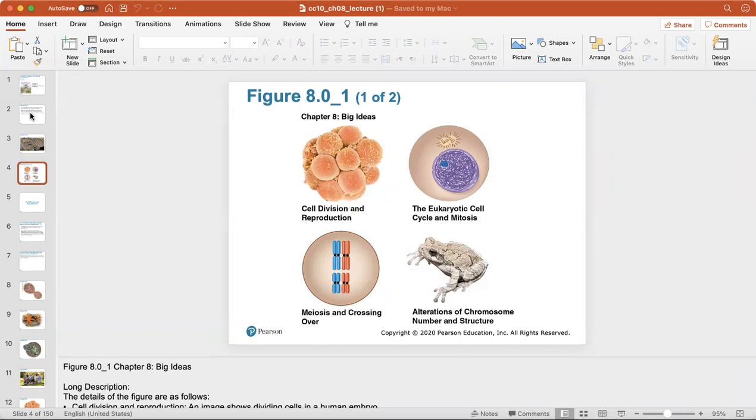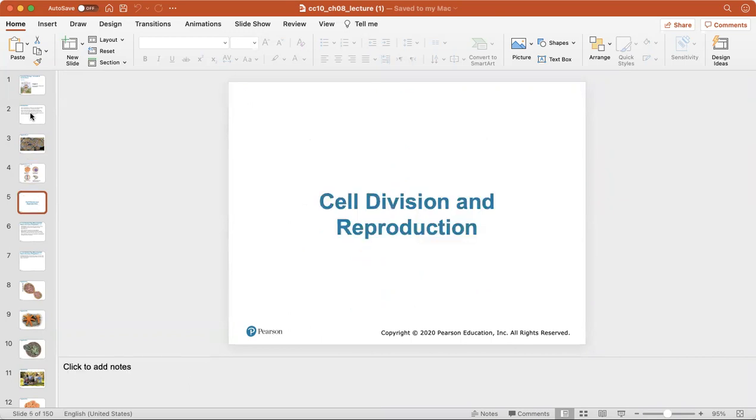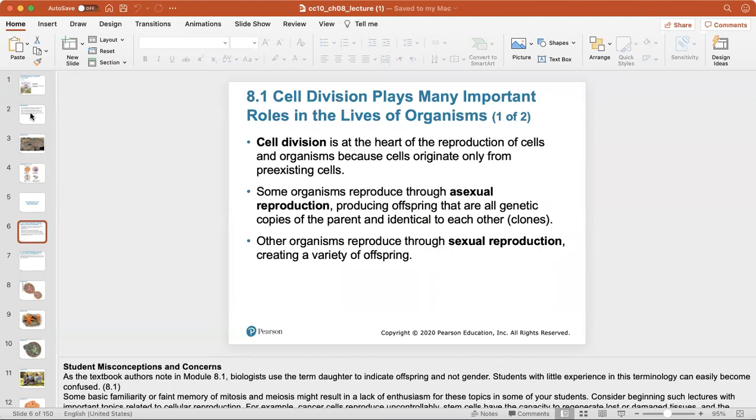And this PowerPoint is a little long, so we might do it in two parts. So first, talking about cell division and reproduction. Cell division is at the heart of the reproduction of all cells and organisms because cells originate only from pre-existing cells. Some organisms reproduce through asexual reproduction, which means their offspring will all be genetic copies of the parent and